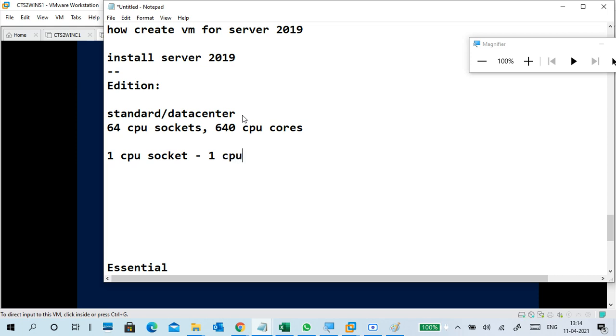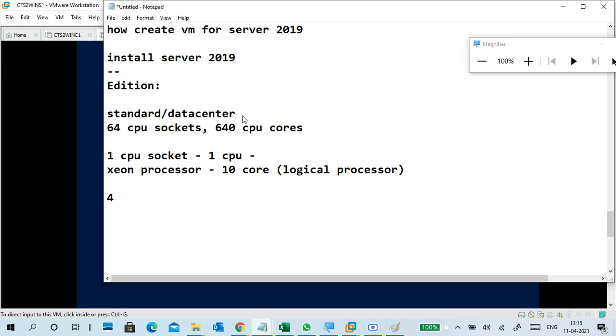For example, a Xeon processor contains 10 cores, meaning 10 logical processors in a single processor. Up to 64 sockets means one motherboard having 64 sockets, so with 10-core Xeon processors you would get 640 cores.